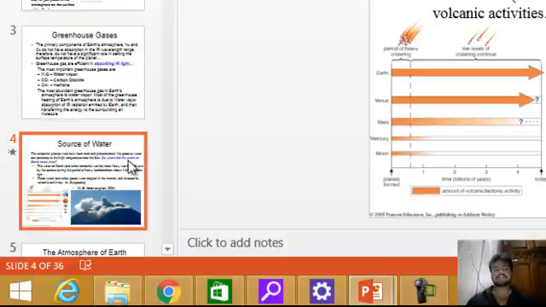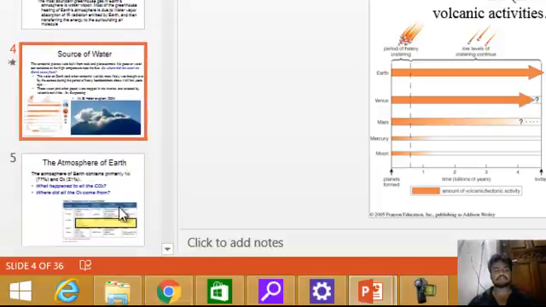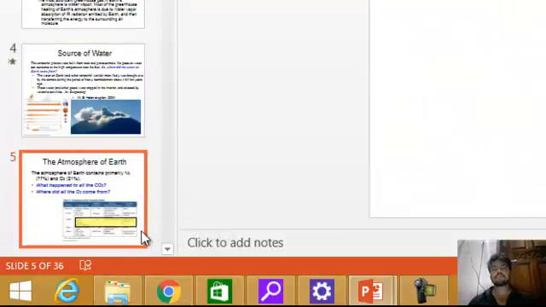Sources of water on Earth. The terrestrial planets were built from rock and metal. No gases or water can condense at the high temperature near the sun. So where did the water on Earth come from? The water on Earth most likely was brought over by comets during the period of heavy bombardment about 4 billion years ago. This water was trapped in the interior and released by volcanic activities, outgassing, forming the atmosphere of Earth.